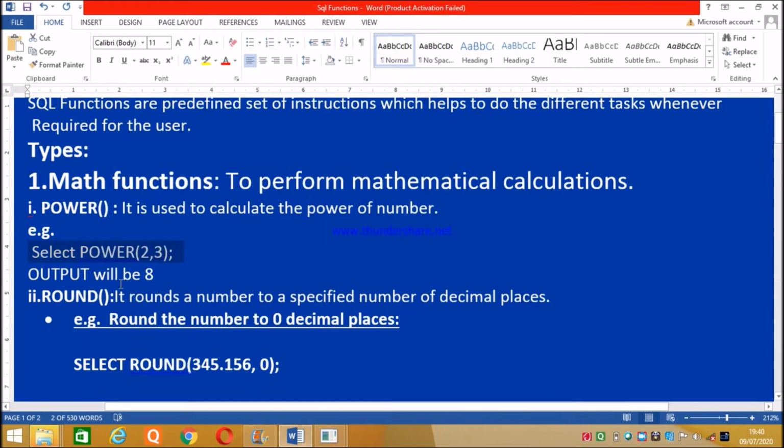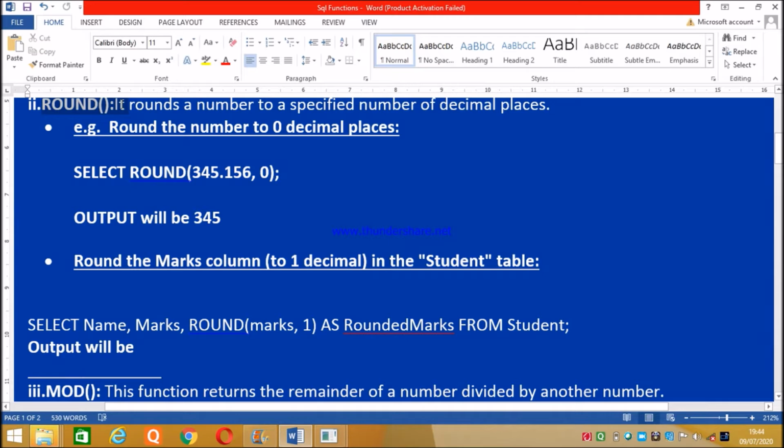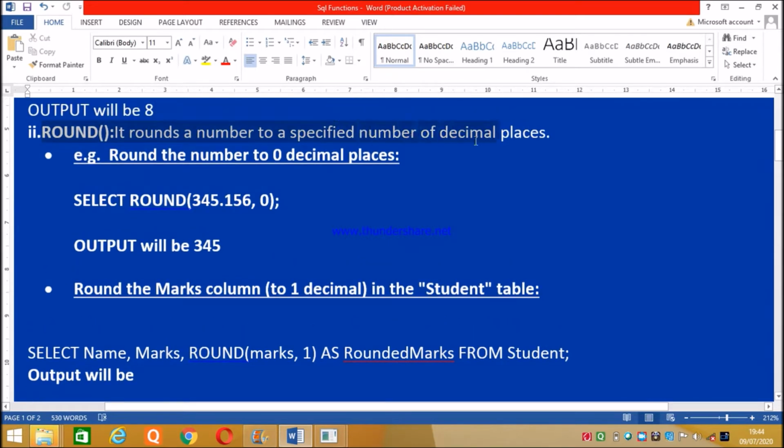Now the next is the round function. It rounds a number to a specified number of decimal places. So it means we can round off the value. For this we have to mention the number. So this is the number. 0 means up to 0 decimal places we want to round off.